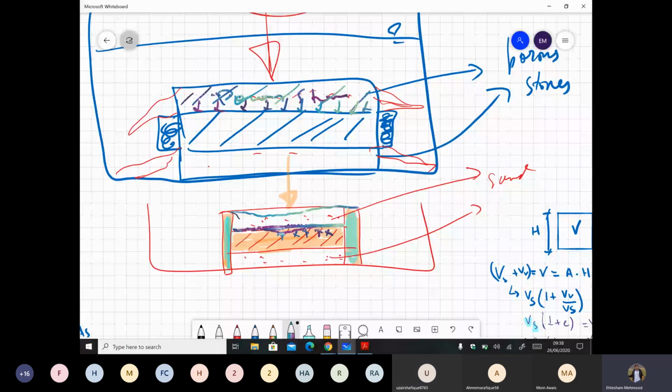So let me sum that up for you. The advantage of using porous stone is that it provides a stiffness that helps in distributing the load uniformly over the clay layer that we are testing in the consolidation test. Also, it allows the easy flow of water being expelled from the clay layer to the outside of the porous stone, so it does not get blocked. It can move outside, okay? It does not get blocked out.